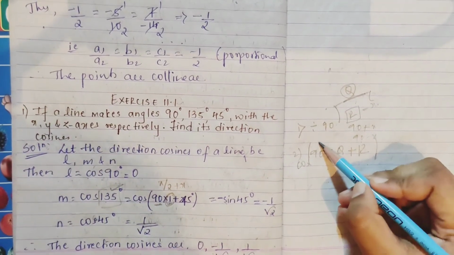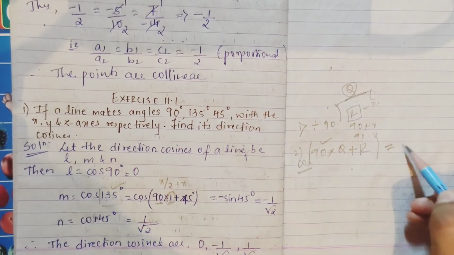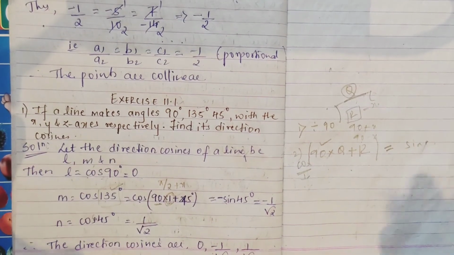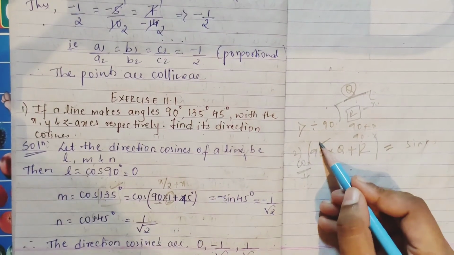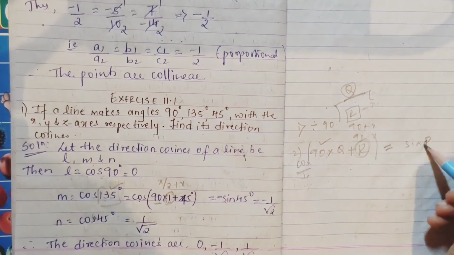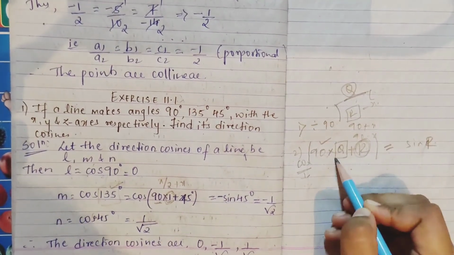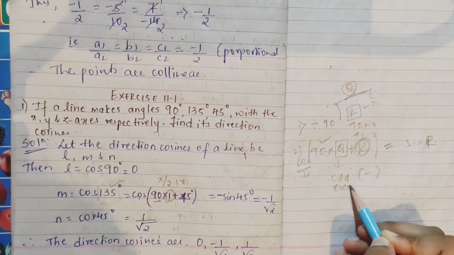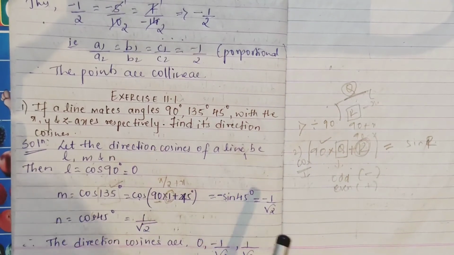After this, with 90, your cos always changes to sin, or your sin changes to cos, tan changes to cot, or your cot changes to tan. This is one thing. After that, your x is whatever remainder you are getting. See your quotient. If it is odd, the sign will be negative. If it is even, the sign will be positive. That's it. Like this, you will come to know of your complementary angles, how you have to use them.